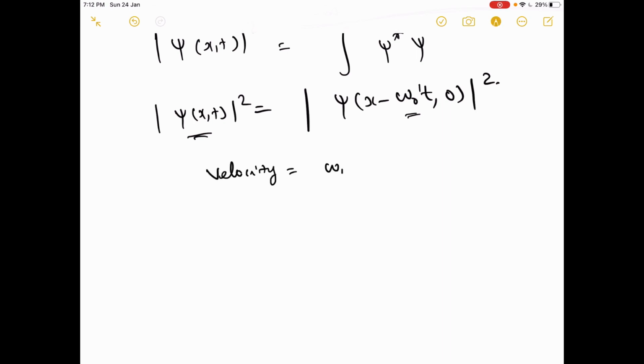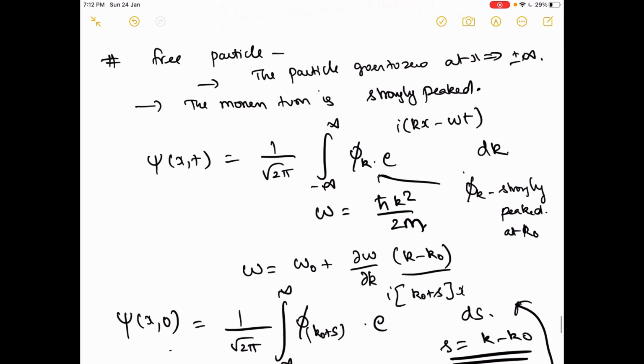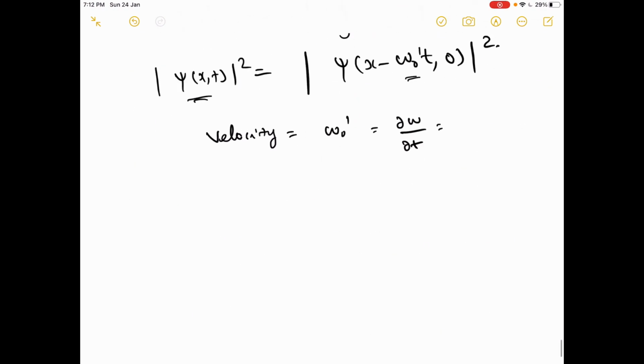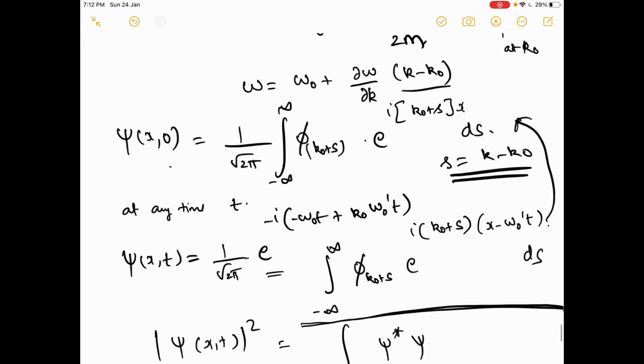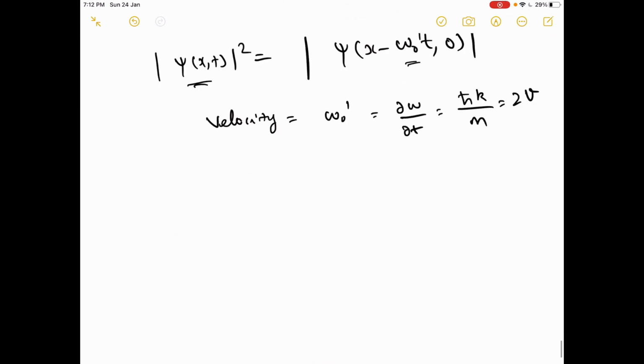should be omega naught dash, which is dou omega by dou t. And omega we know to be defined as h cross k square by 2m, which will come out to be h cross k by m, and which is twice the velocity of what we got previously. Our previous quantum velocity is called v phase, and this is twice the actual velocity, and this is the same as v classical,